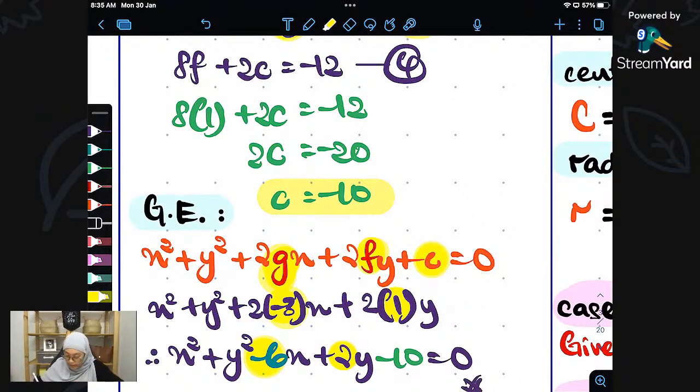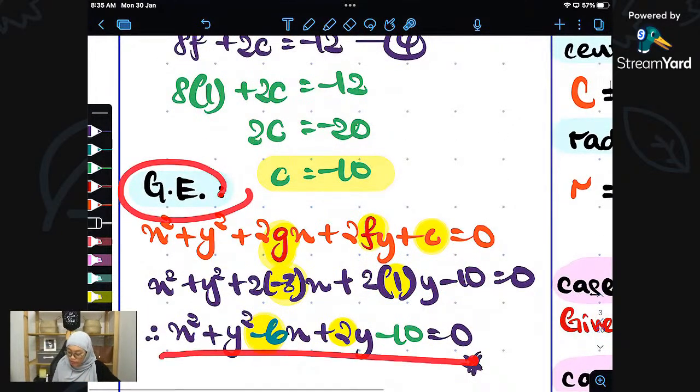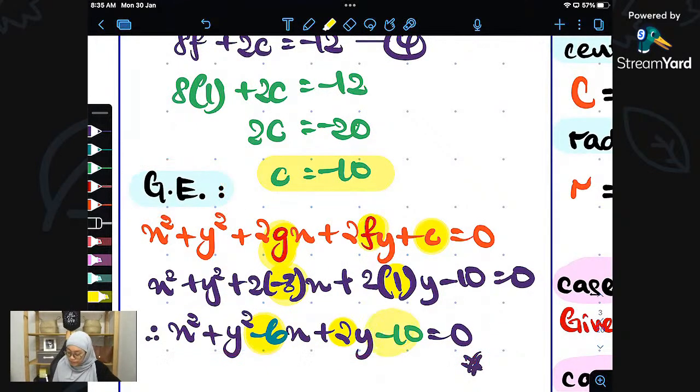And so at the end of it is C. C is negative 10. So negative 10 is there. This is my C. So substitute into the general equation, and I got this. Easy? So this is quite easy. This is case number